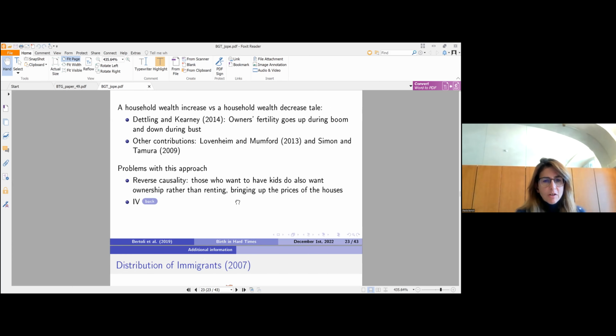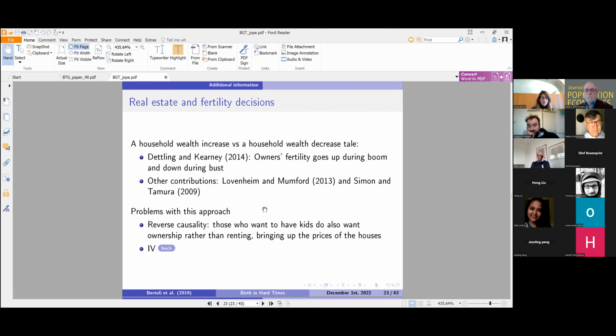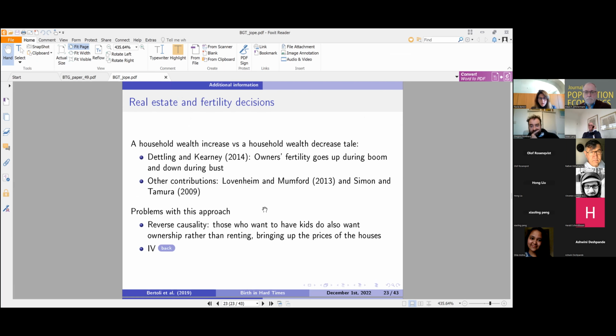This was still not our best option, since again there is a reverse causality problem, and again a problem of potential endogeneity, because we know that those individuals that tend to have kids during an economic crisis are also more likely to be the ones that prefer to buy a house. So that is why usually in the papers that exploit this type of proxy, they combine it with